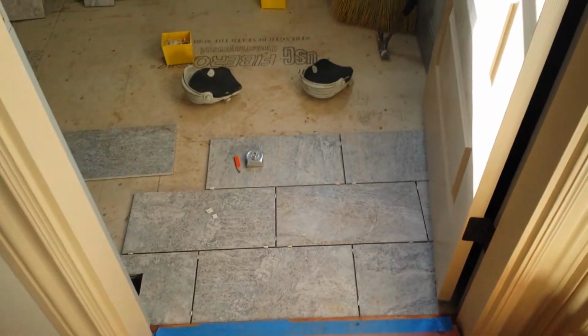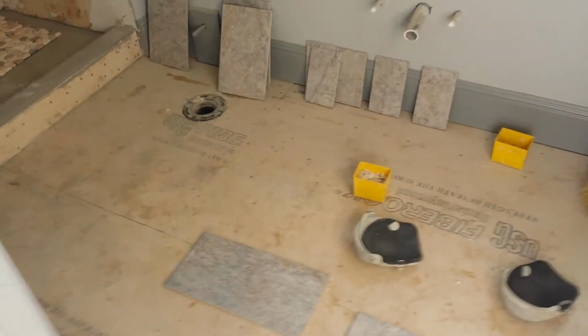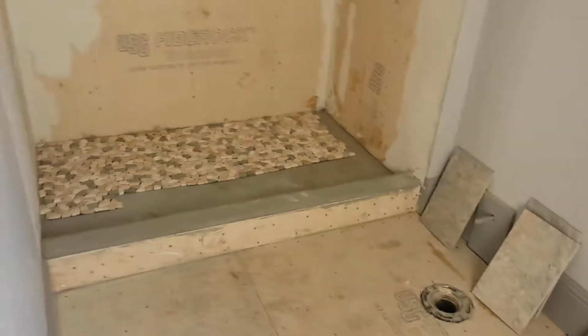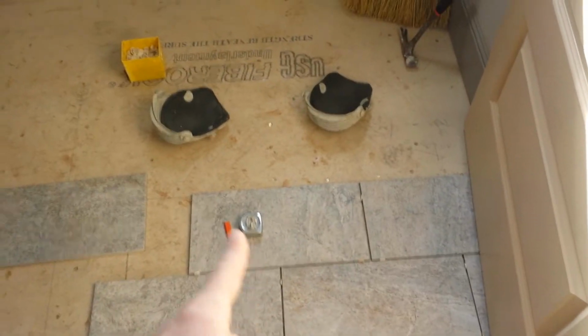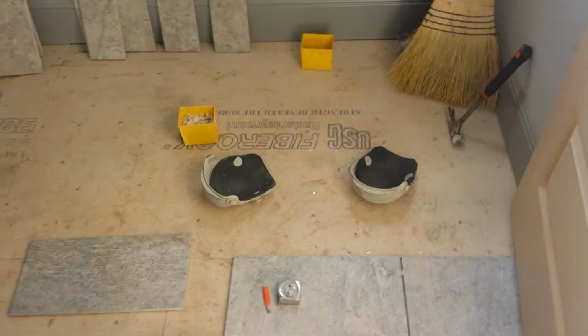Hello everyone, today I'm going to show you how to do a tile. So as you can see, the hardbacker is already installed. There's going to be a shower with a shower pan, but today we're working on the floor. So the first thing you want to do, of course, have a tape measure, pencil, some spacers, knee pads,